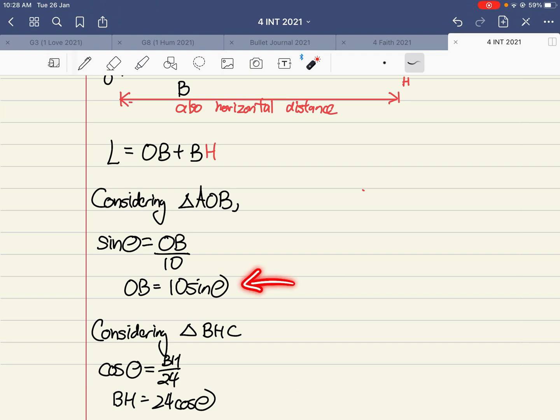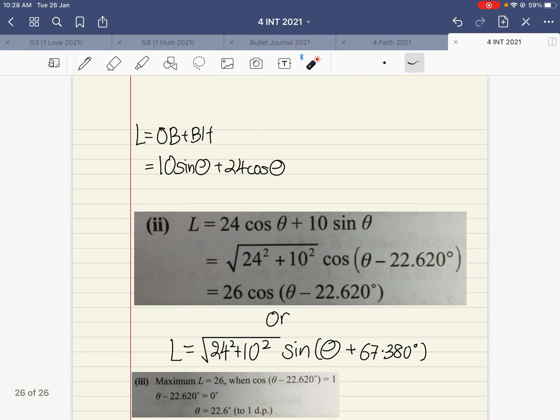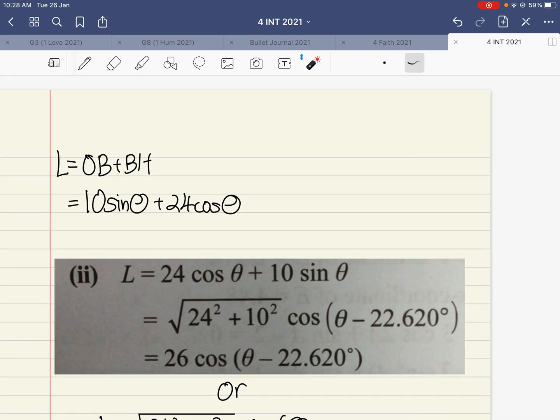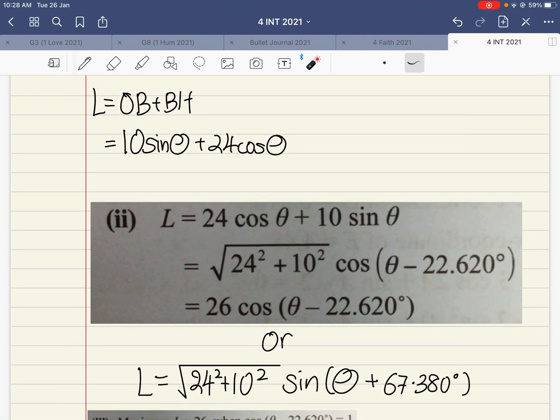Now, if you add OB and BH together, you will get the horizontal distance, which I'll show you in my next slide. So L is equals to OB plus BH is 10 sine theta plus 24 cosine theta. If you look at the 10-year series, the answer they provided, they rearrange. They put 24 cosine theta in front. So if you put 24 cosine theta in front, application of the R formula will give you R cosine, because cosine is in front, theta, the plus will become a minus. Remember I said for cosine it's the reverse. You'll get 26 cosine theta minus